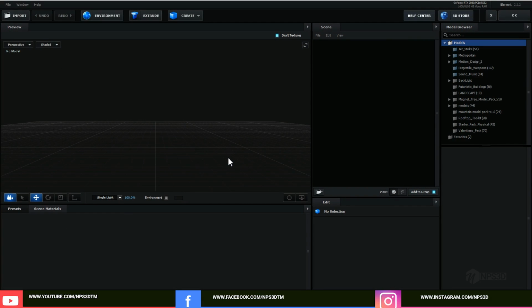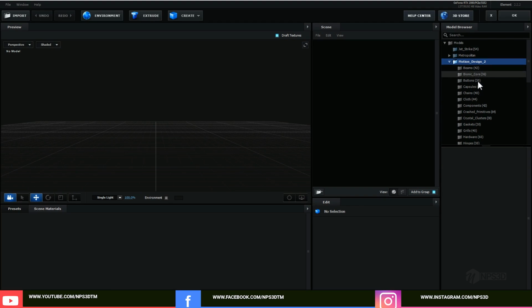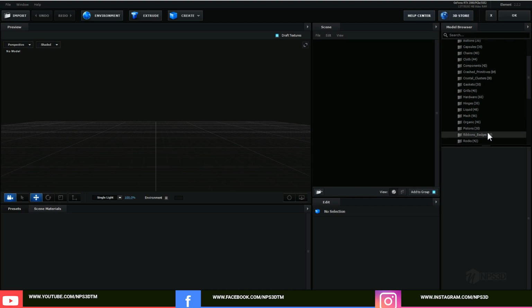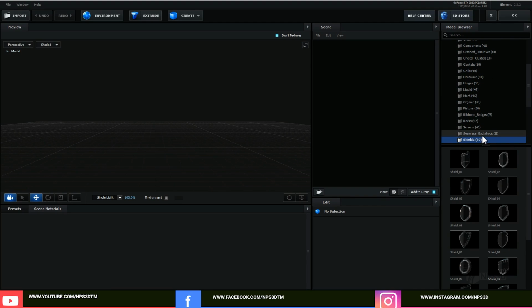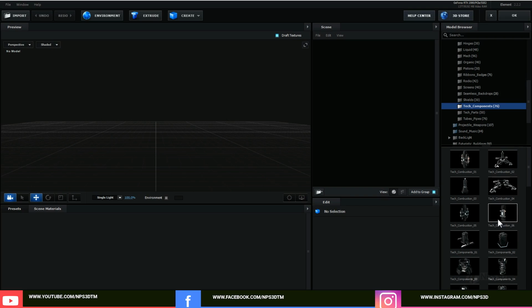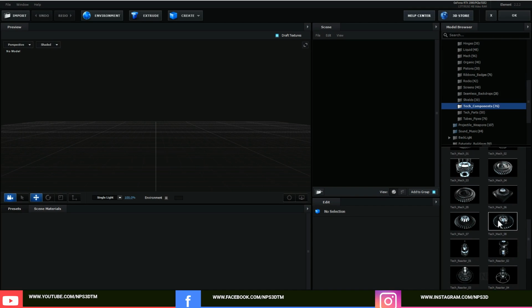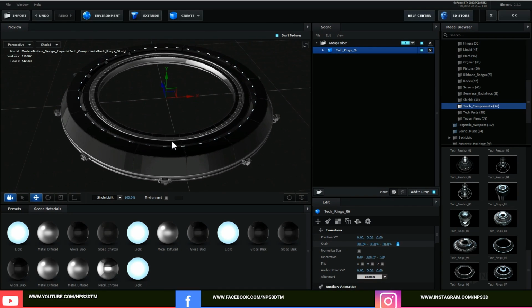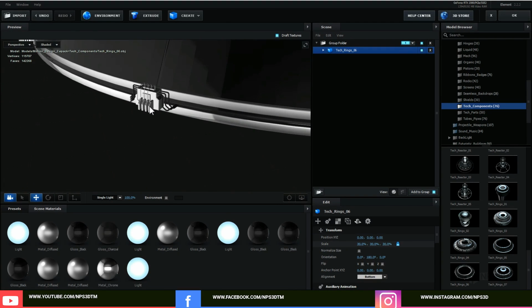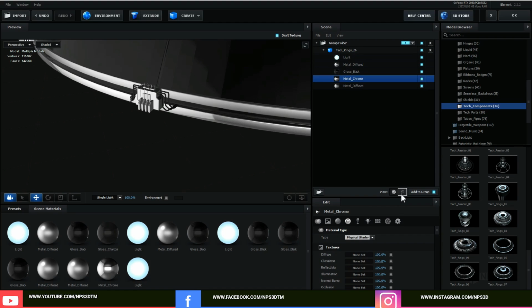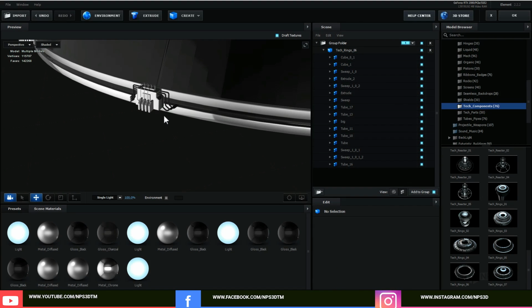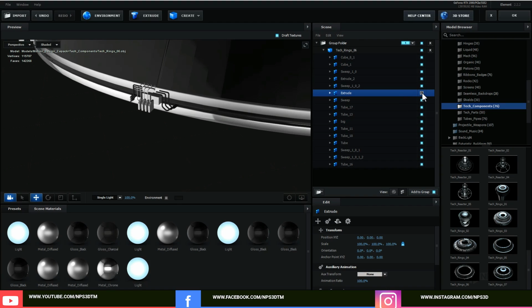For creating the HUD base, you have to go to Motion Design too. So I'm going to choose some models from there. Let's go to the Seals, take Components, and let's choose one of them which looks good. This one, right? And we don't want this extra stuff, so we'll press Ctrl and left click here, go to the mesh view here, right? And Ctrl and click here and just hide it,